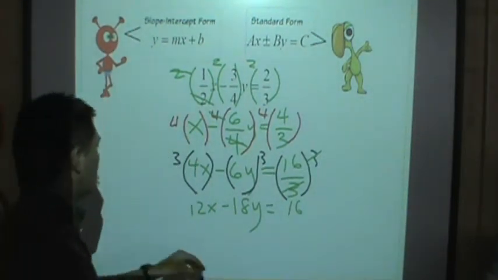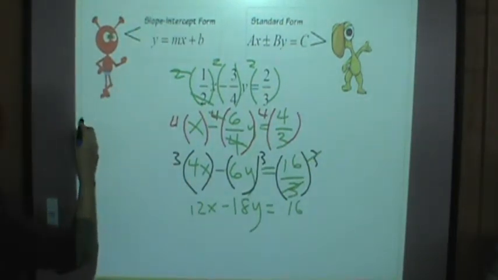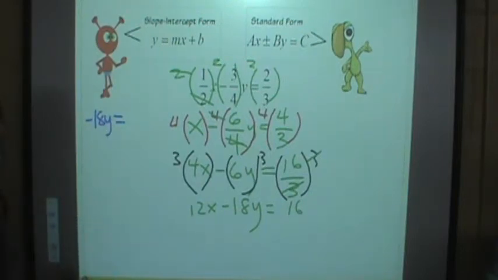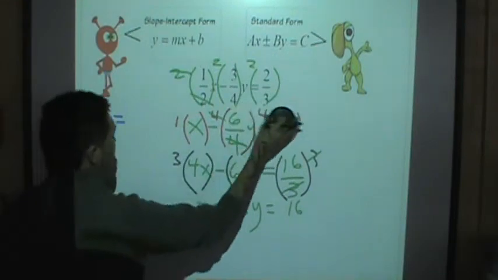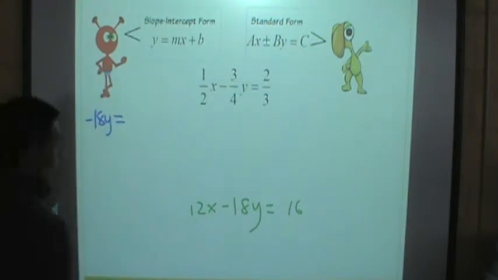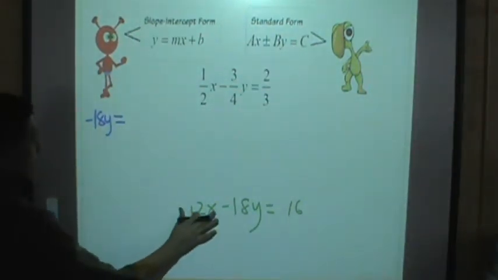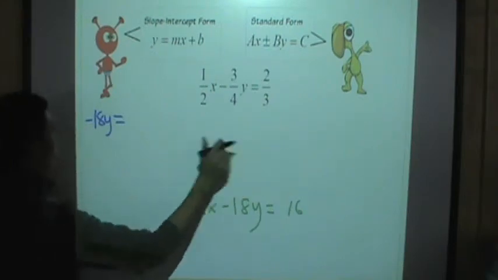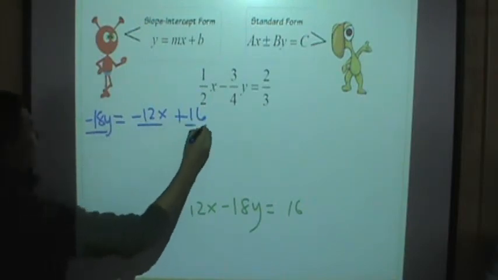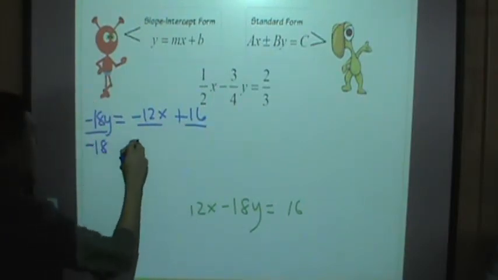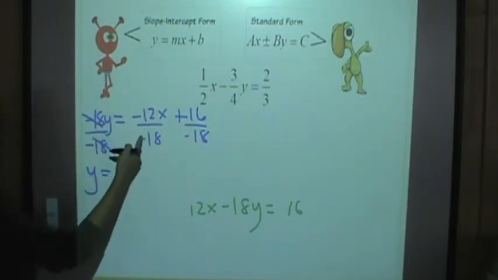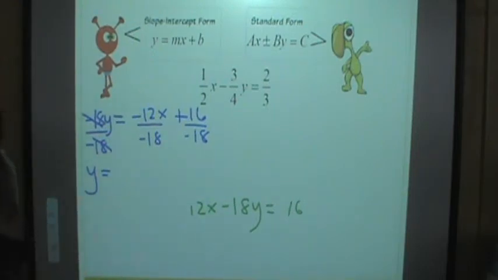I need the y alone, so I'm going to keep that negative 18. Y equals. Okay, let me erase this part. Negative 18y equals, I need this to be alone, so I need to move that 12, becomes negative 12x, and then keep that 16, then divide everything. I need to have y alone, divide everything by negative 18. Negative 18 cancels out, y is equal to, negative divided by negative is positive, so 12 divided by 18 is,